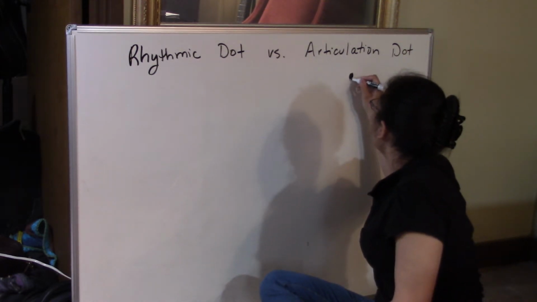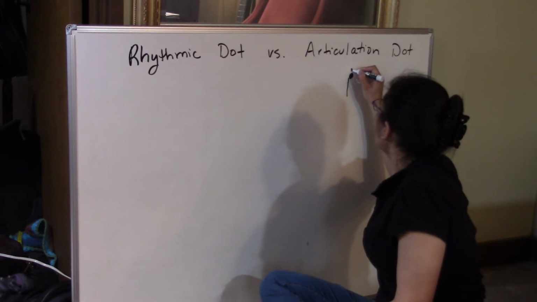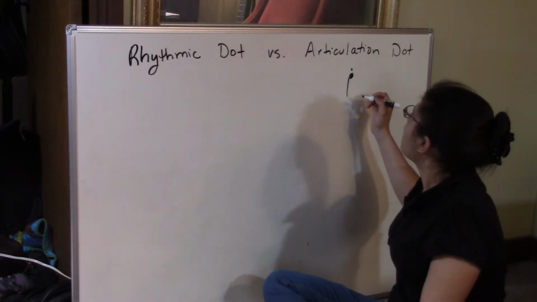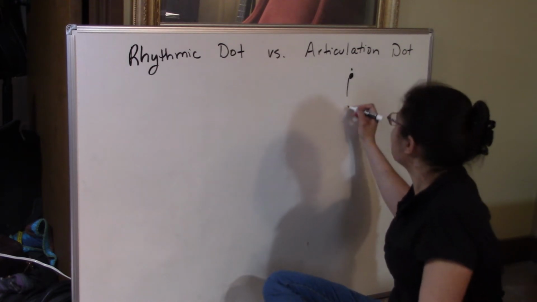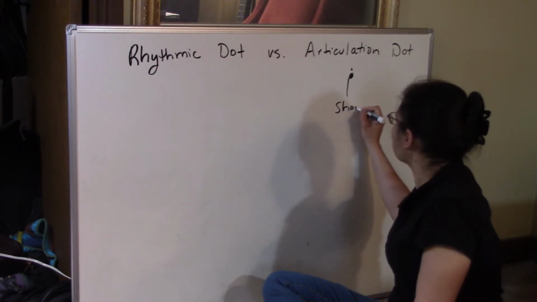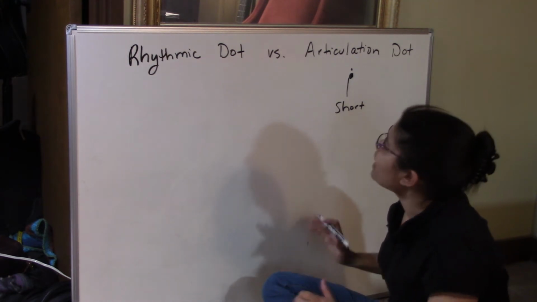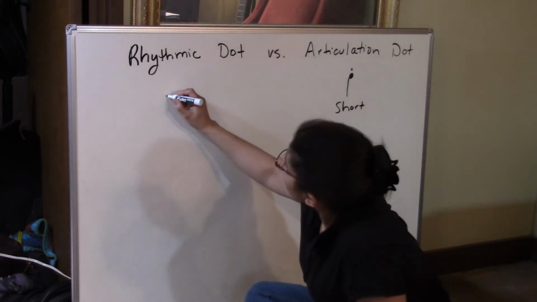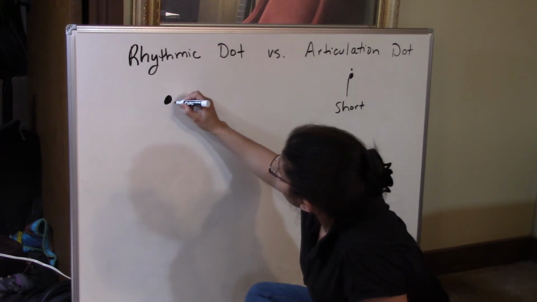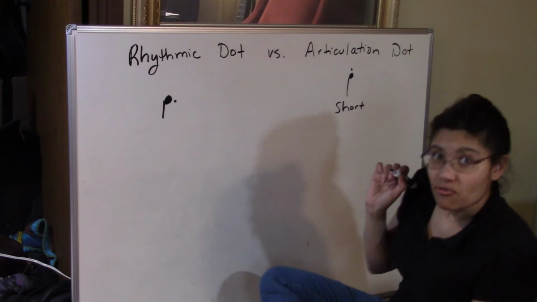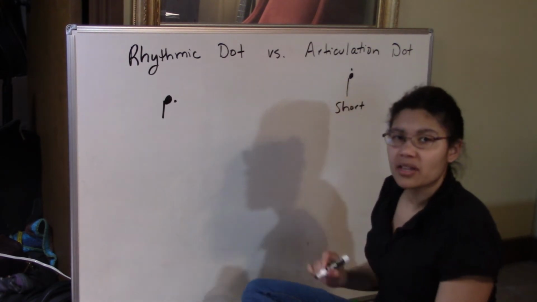That dot goes on top of the note, like that, and that means to play it short. That's what we all know. But when we see this rhythmic dot over here on the side, that is a rhythmic dot that tells us